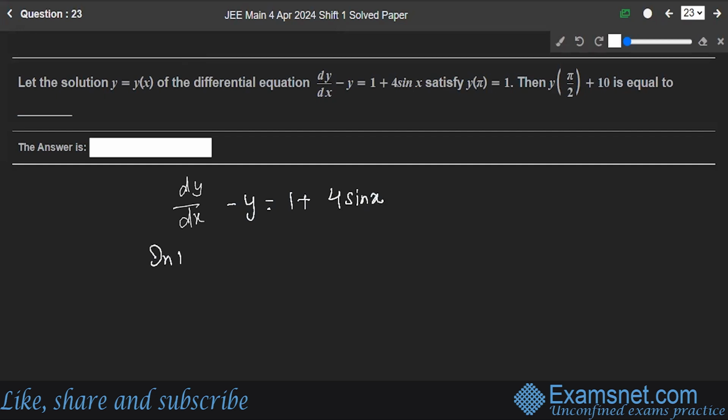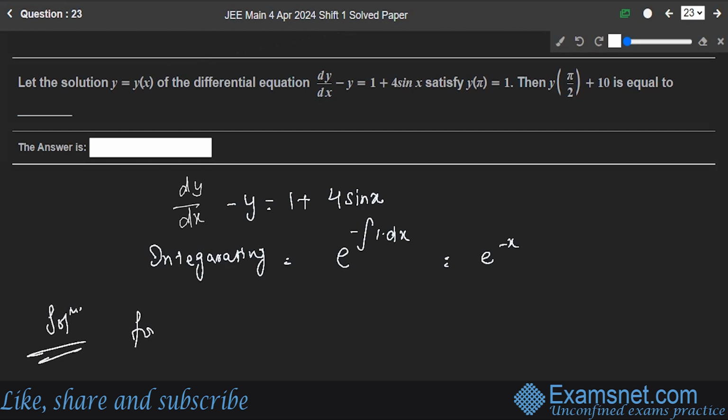So here the integrating factor is equal to e raised to power minus 1 into dx, or this e raised to power minus x. Therefore, the solution for the equation will be y into integrating factor